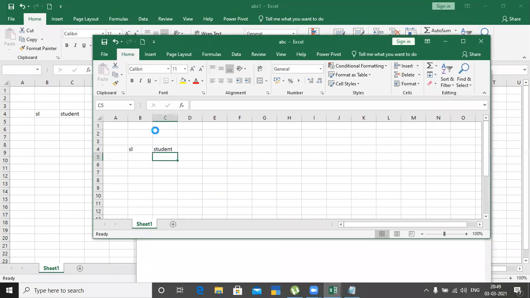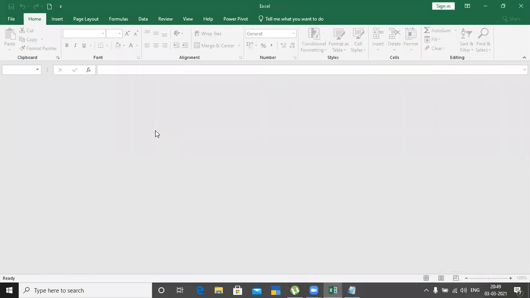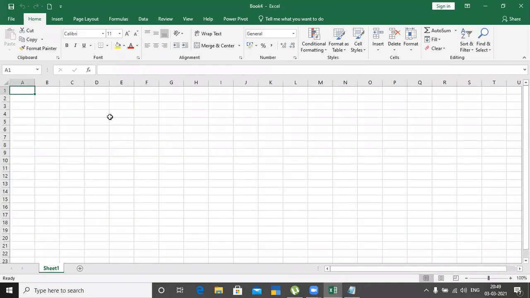One more time I'll repeat. Control plus W is to close. Control plus N is to get a new blank workbook. And if I wanted to save something, press Control S